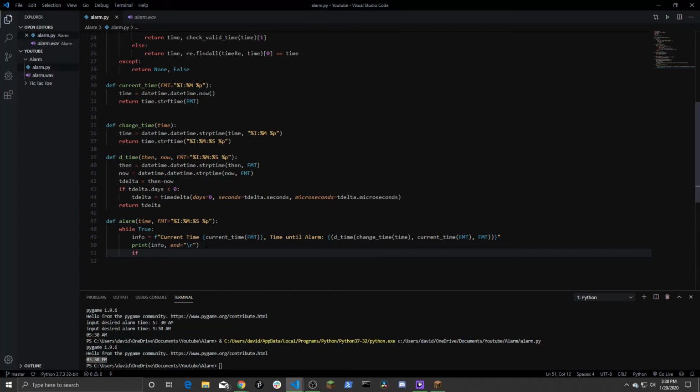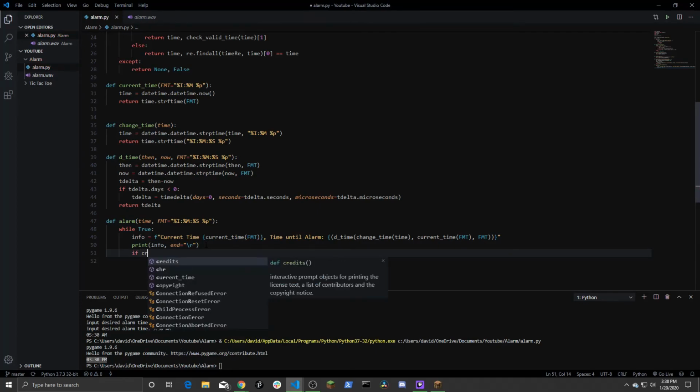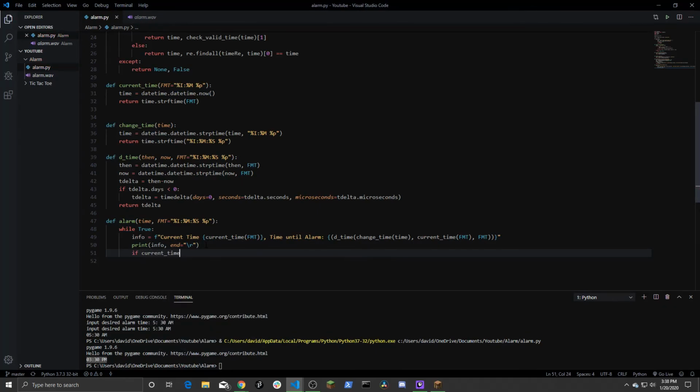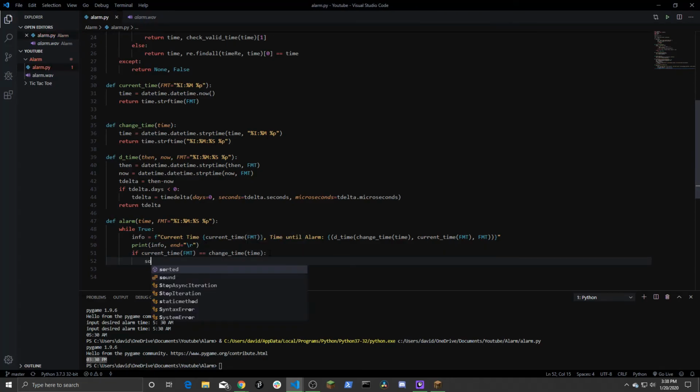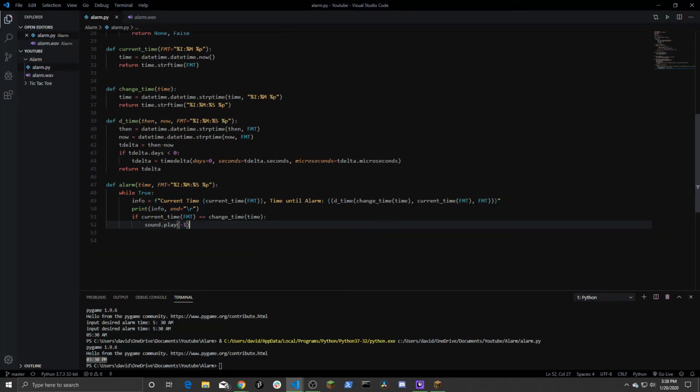Then we're going to say if current time at the format is equal to change our time, then we play it. And that is as simple as sound.play(-1). The -1 tells it to play infinitely. And so now we can say main, which is just a VS Code shortcut for that. And we will say alarm